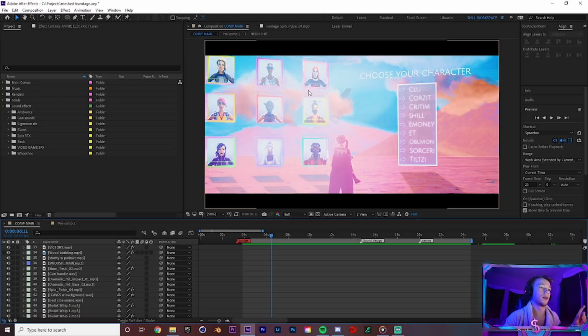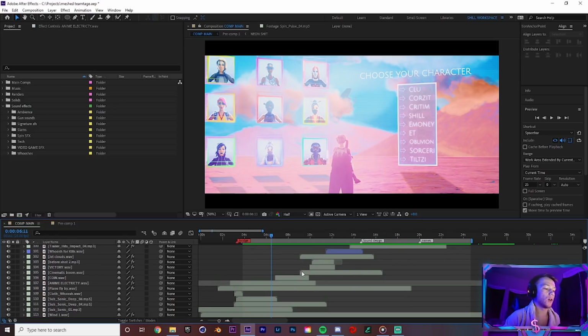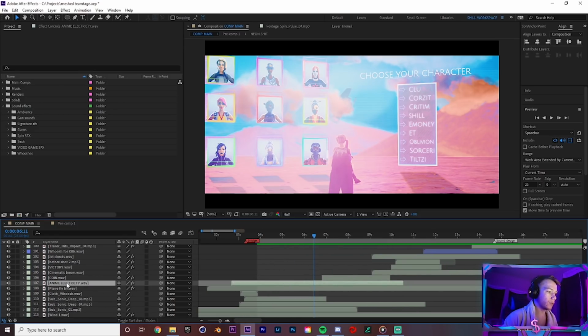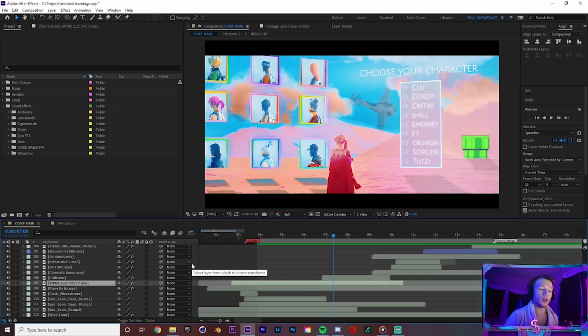sound effects to bring out this selection menu, and a plane flying in the background. So I'd want something like that. And then we have clouds in the background as well, so maybe some wind. And so that covers our thematic and ambience sound effects. So right here I have the layers for electricity, and we also have this popping up, so I would want a Mario sound effect, so I have this little coin layer. So all in all, these are covering the